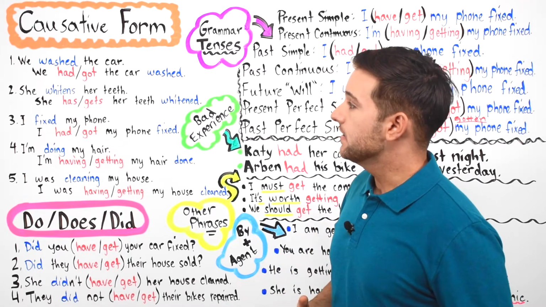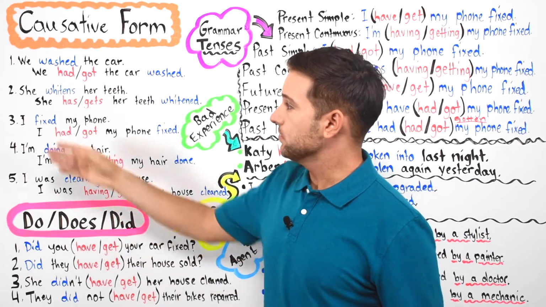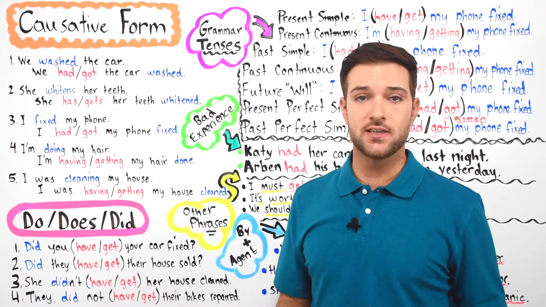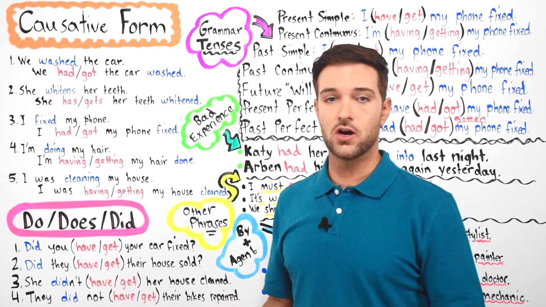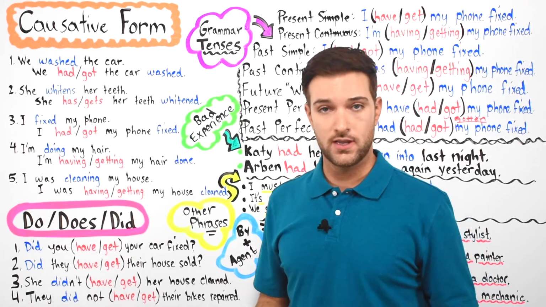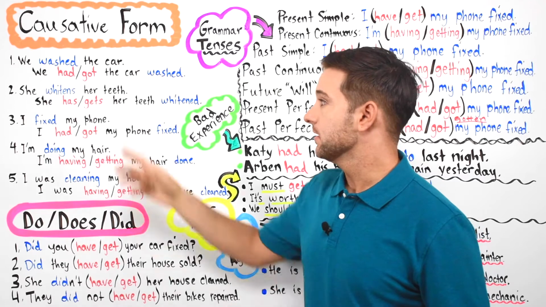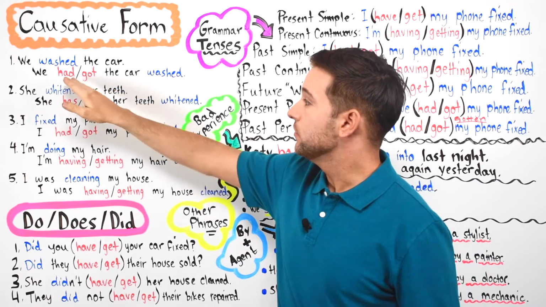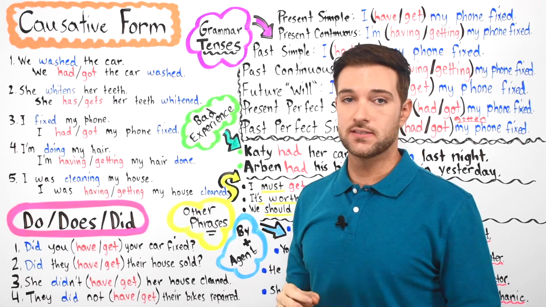Also guys, I do want to point out that we have another word here. I told you we had the car washed, meaning somebody else performed the action. You don't just have to say that. You can also say, we got the car washed. Now, got is the past tense of the verb to get, right? In this context, it is identical in meaning to the verb to have, and we had here, which is also in the past. They are identical in meaning in this case.